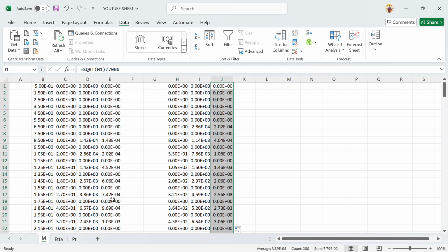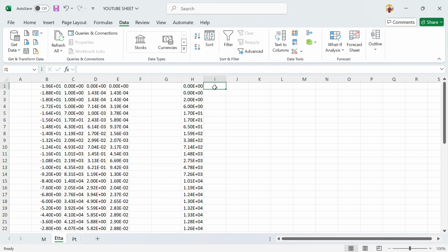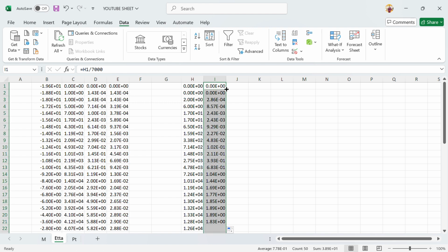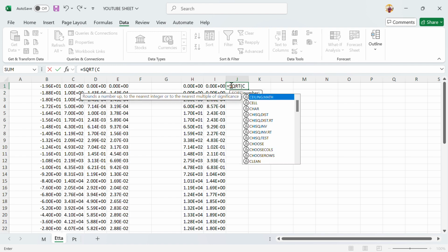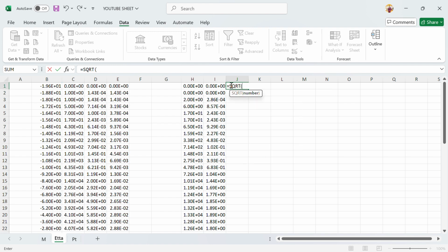Now you have to do for same eta, equals to H1 divided by 7,000. Just tap enter, and double tap, you can see your data is extended. Now equals to sqrt, C1, sorry, C1 not H1 bracket close divided by 7,000, enter, that's it, and double tap, your data